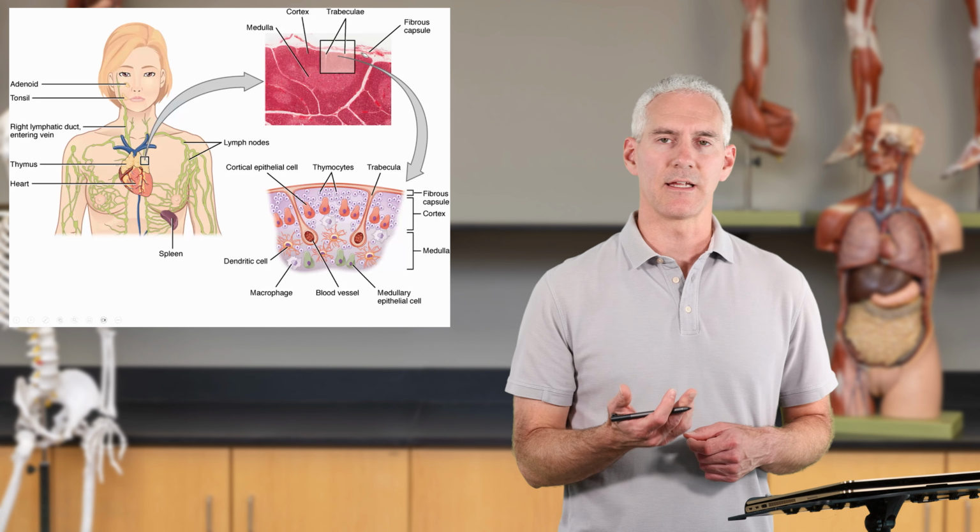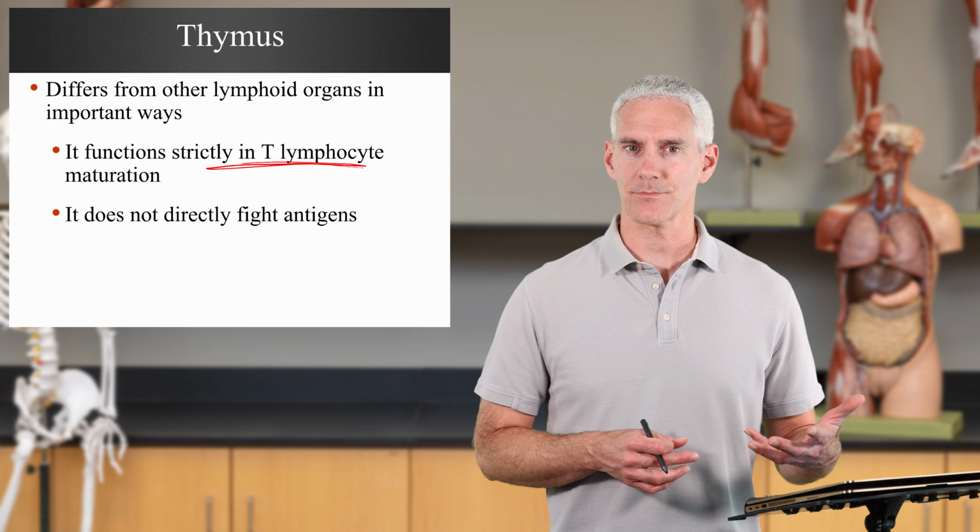Now, I say only T cell maturation. That's important, don't get me wrong. But there's no actual fighting of the infections here. The T cells aren't going to be activated and fighting inside the thymus. They do that throughout the rest of your body. So this thymus has immune functionality to it. So again, the question comes back to, why does it atrophy as you get older? We need our immune functions.